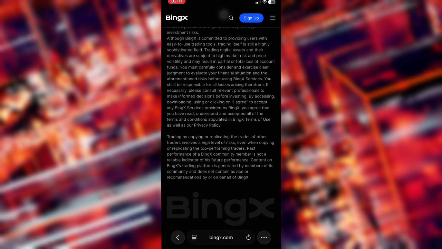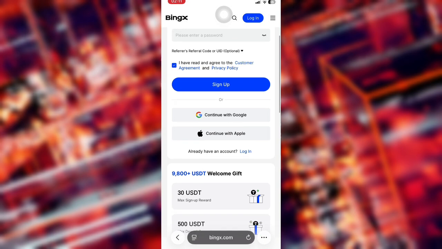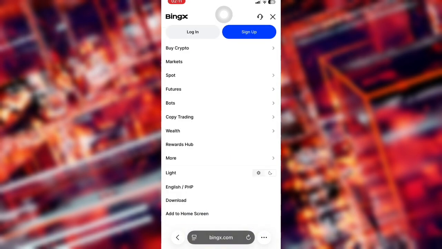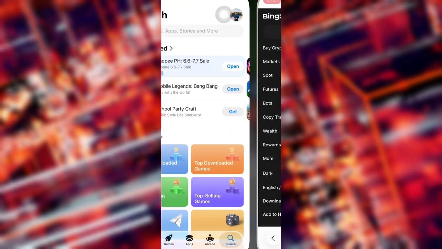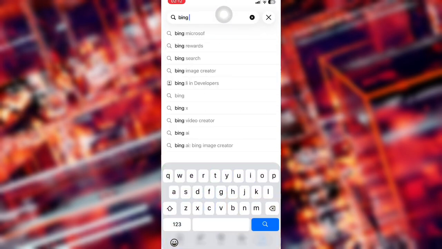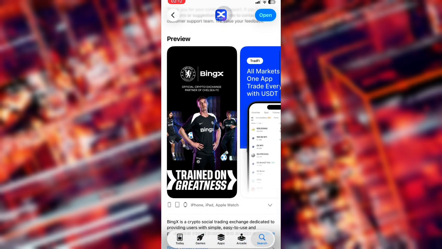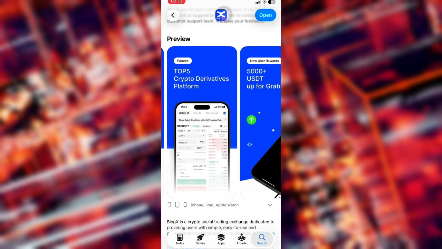Next, tap your profile icon and open Profile Settings, Personal Information, or Account Settings. If your account includes a gender field, tap it and select the correct option. Then save your changes. If you have already completed identity verification, some personal information fields may be locked for security